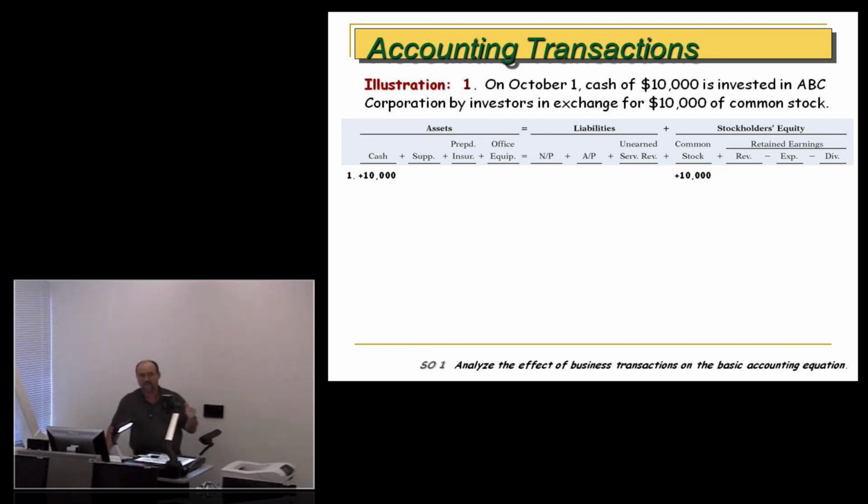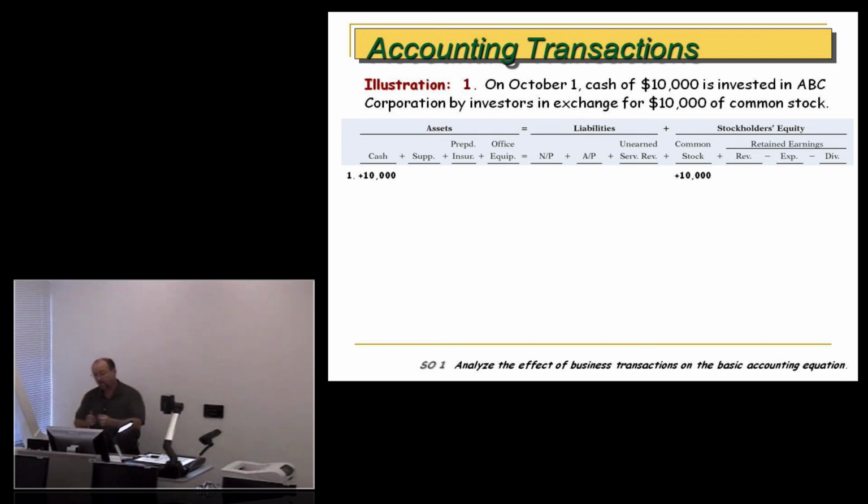Within assets, we have cash, accounts receivable, supplies, inventory, land, building, equipment, etc. We don't have an account called liabilities. It's a category. Within liabilities, we have accounts payable, unearned revenue, notes payable, wages payable, interest payable, etc. And again, stockholders' equity is not an account, it's a category. Within stockholders' equity, we have common stock, retained earnings, and of course within retained earnings, we have revenue, expense, and